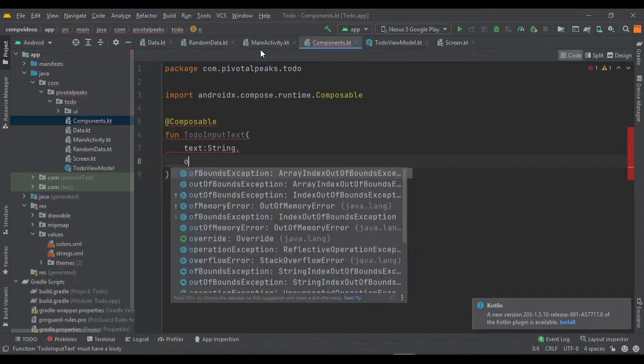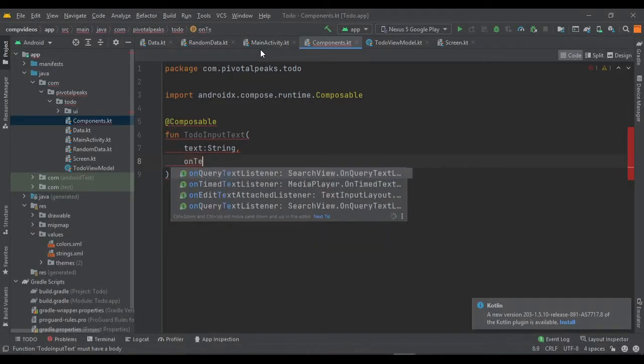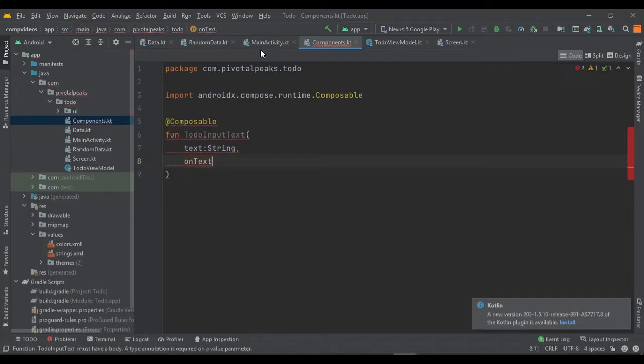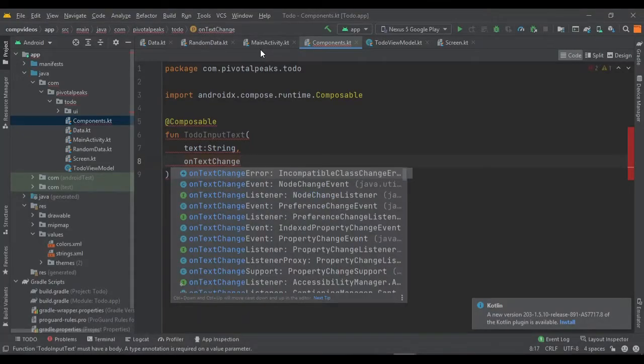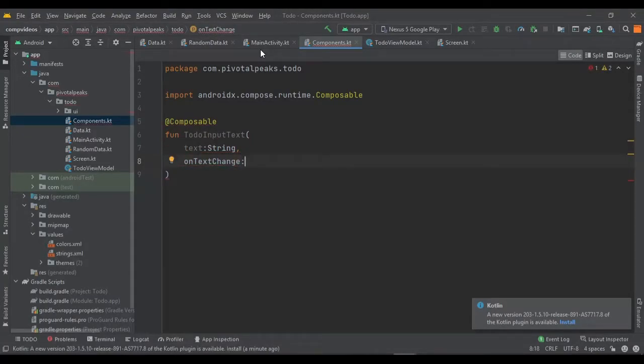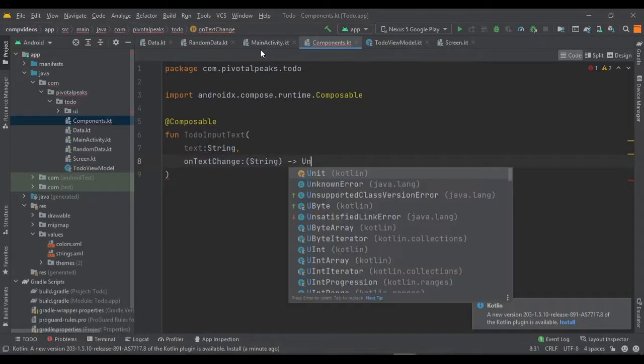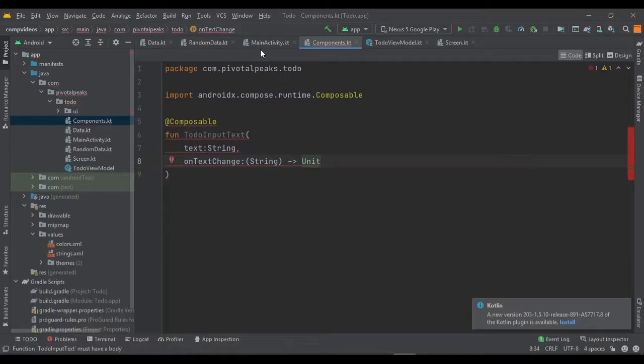So we are going to name it on text change, which is going to be of type string, and we need to pass the lambda function as a unit because it does not return any value.